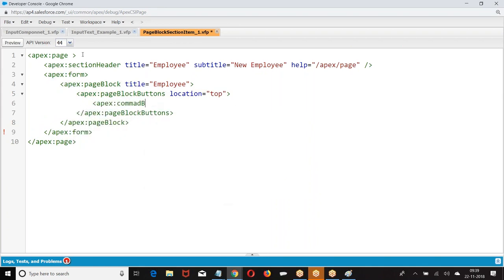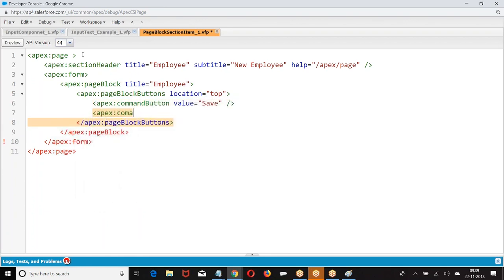We have a command button, and another command button with value equal to cancel. So we have save, we have cancel.